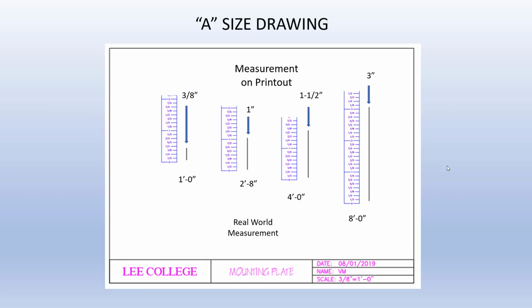The next illustration provides another way of looking at scaling that may better help the student understand the concept. Imagine that you have an ordinary ruler in your hand and you lay it flat on your drawing and measure each one of the 4 line segments on the paper. The lengths of the line segments are shown above the arrows, and the measurements in model space at which you draw those segments is shown below the line segments.